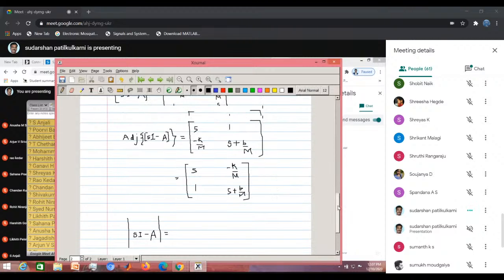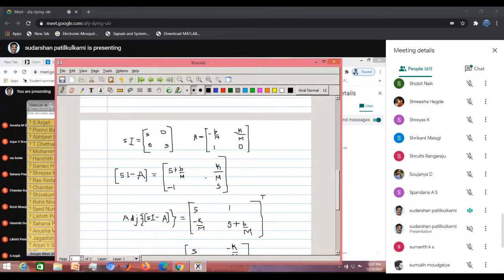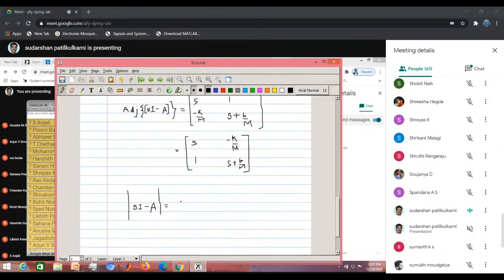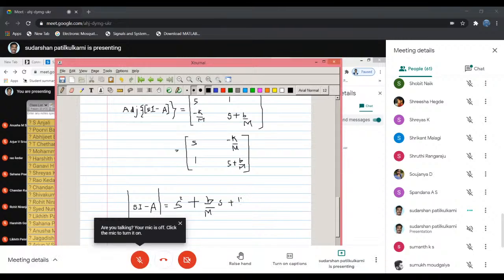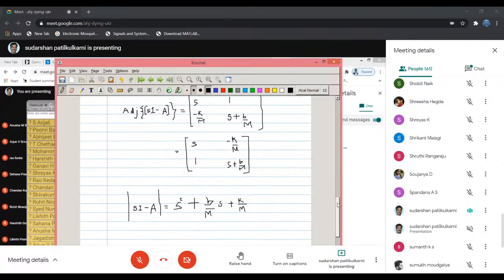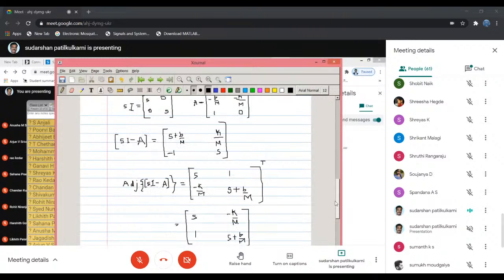Will be equal to S into S plus B by M, minus of minus into K by M. So it is S square plus B by M into S plus K by M. Okay, so that goes into the denominator of the transfer function, because C (SI minus A) inverse into B is nothing